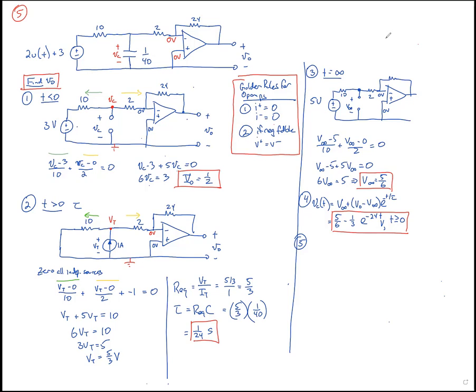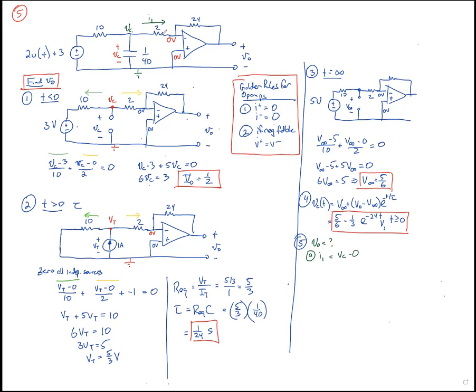And since this is 0 volts relative to this ground, and this is VC relative to this ground, we can easily find what this current is. I'm going to call it I1. I'm going to solve this problem, step 5, to find what V naught is equal to in a few sub-steps. The first sub-step, A, is to find out what I1 is. And what I1 is going to be is VC